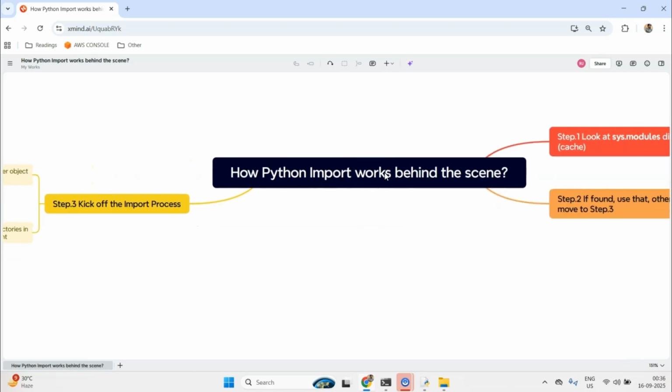And I feel I have missed a lot of detail because I could go on and cover this topic for 2 hours straight. It's such a fascinating and huge topic that I could potentially spend that much time on it. But what I've tried to do is give you the most of the juice, the nice pieces of information that you need to know to understand this fascinating topic of Python import machinery.